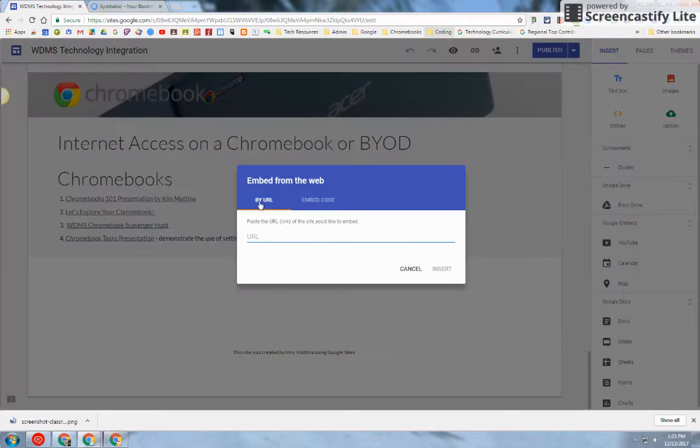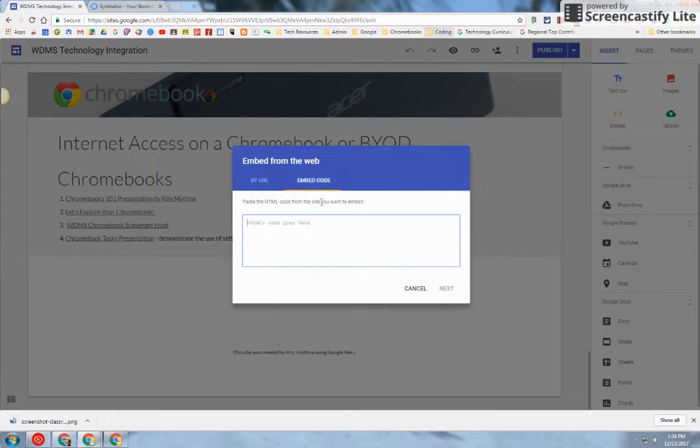Before, we only had by URL, and you were only able to insert the URL address of your link here. But now you can see embed code is available. So if I select embed code, it brings up the HTML text box for you to insert your embed code